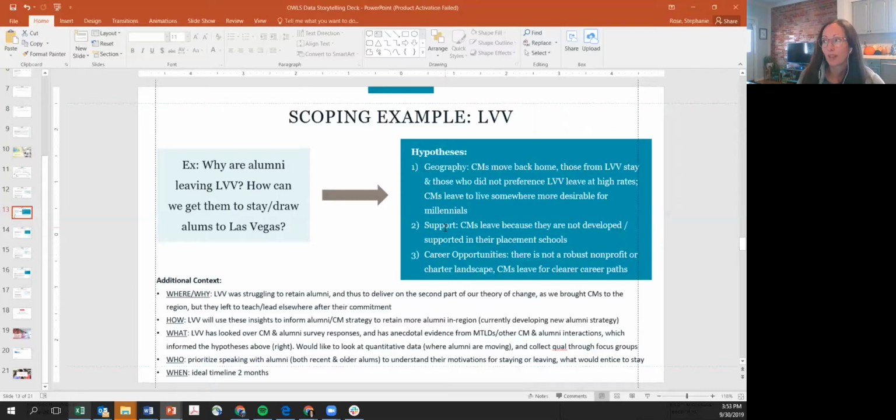We also looked at different correlations. We ran some data analyses on the quantitative data, but because of the nature of this question, it was largely qualitative. So we really wanted to talk to alums to get a sense for what really solidified their decision to either stay or leave the Vegas Valley, and what trends we could pull out from that could